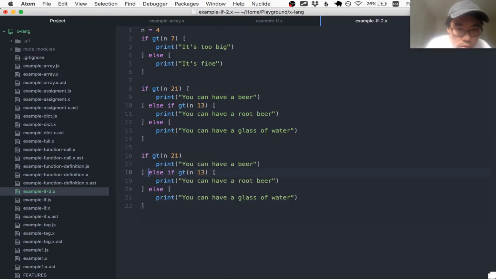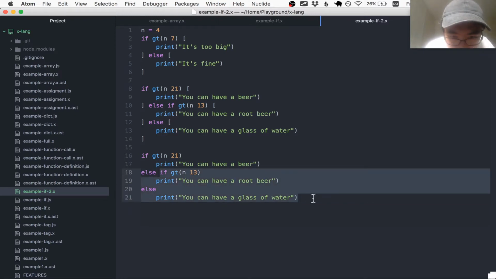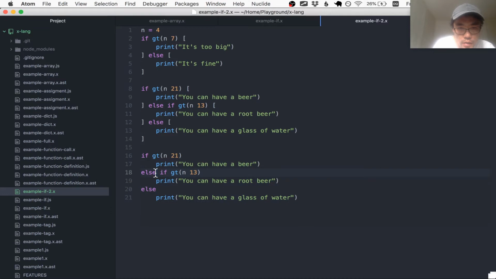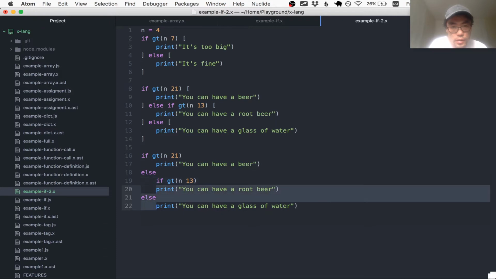I think the ambiguity comes when you don't have blocks, maybe. So if you don't even have blocks, then it's unclear whether this if statement should be grouped within the else block of the outer if statement. So like whether it should be structured as this,